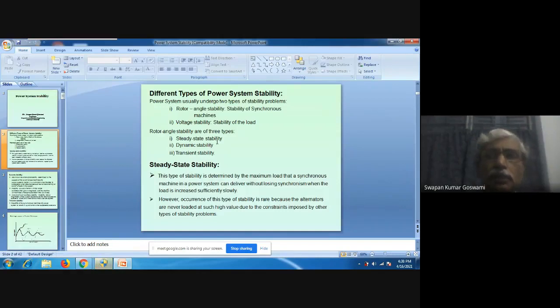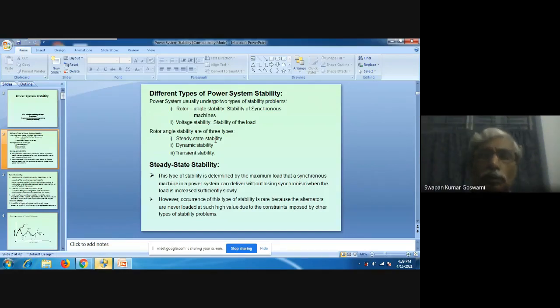Basically, steady state stability is a theoretical type of stability where, if you change the load very slowly, such that you can ignore the oscillation of the rotor, then the maximum power that can be transferred from the machine to the power system is the limit of the steady state stability. So basically what happens whenever you change some load, when you switch on or switch off